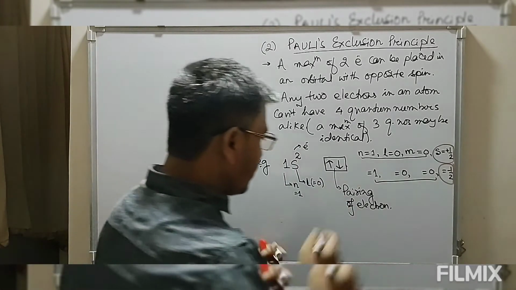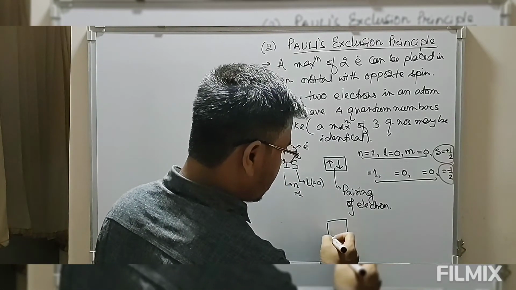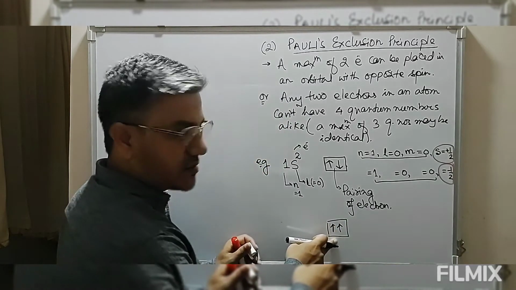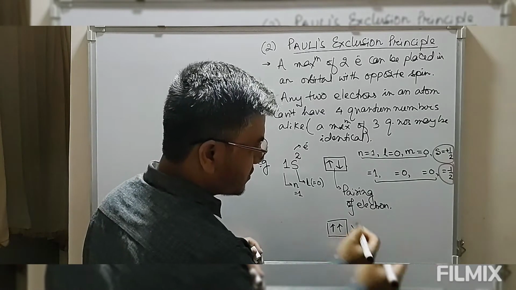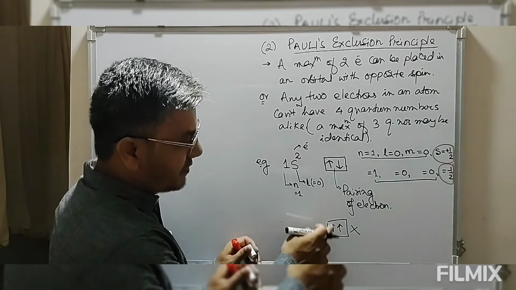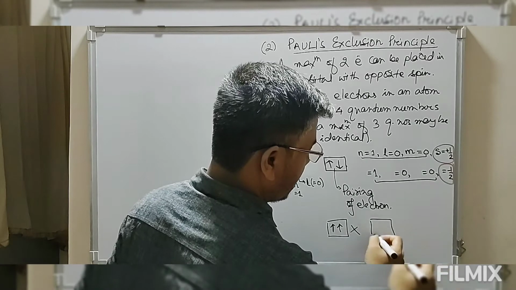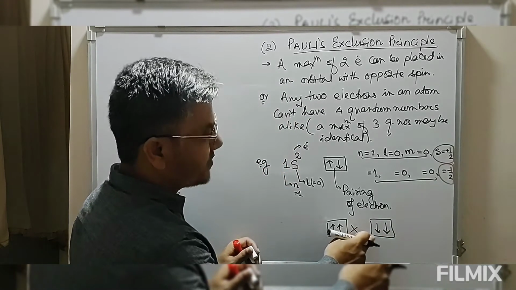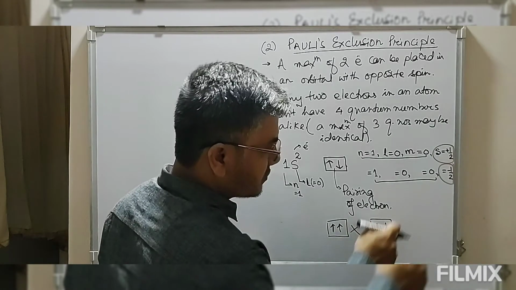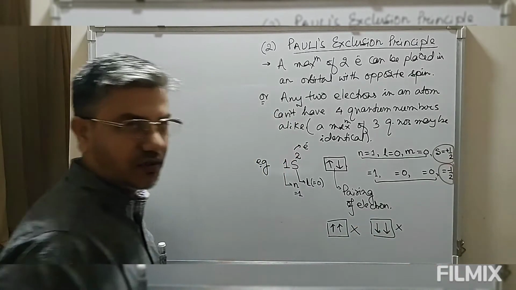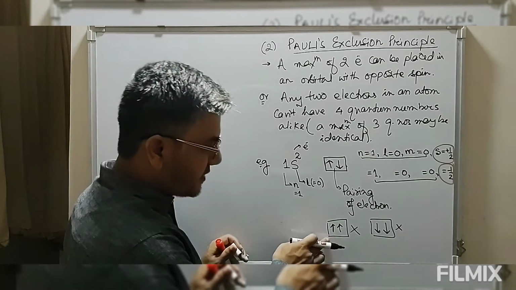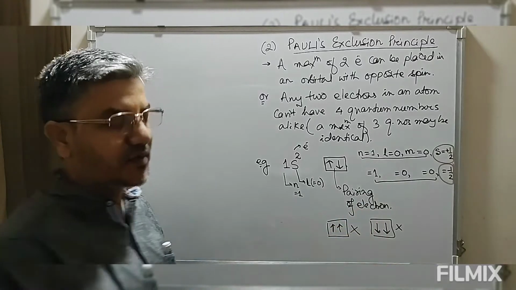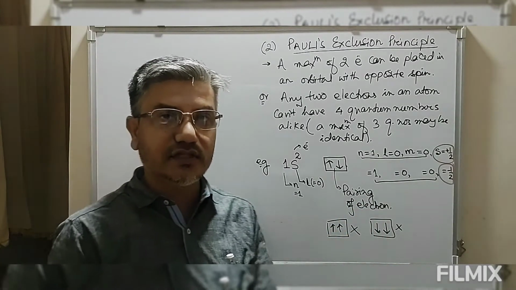So we can also look at this. Though we are having 2 electrons, this is not allowed because both have the same spin. Or we can look at this again, though we have 2 electrons placed in an atomic orbital, these 2 electrons have the same spin, so this is not allowed. If these are placed in the same orbital, then all the 4 quantum numbers would be identical. So if all the 4 quantum numbers are identical, how can we differentiate these 2 electrons?